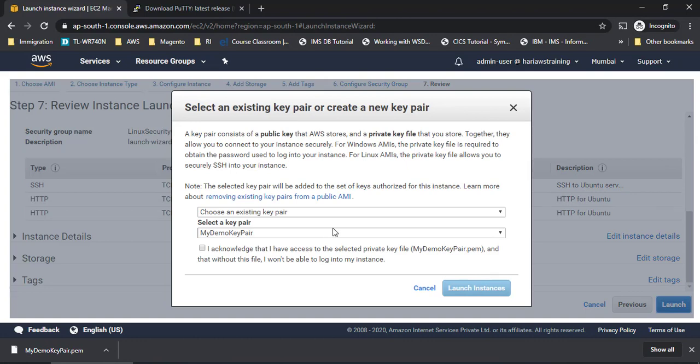Now if you remember, we created a key pair yesterday, and that is what it is asking us for. So you can also choose an existing key pair which we created yesterday or in the last session, right? So I'll select the same my demo key pair, I'll acknowledge this, and then I'll launch it. I have the key pair already generated with a PEM file. I have also converted it to a PPK file using PuttyGen. Now I am ready to go with launching the instance. So I'll click on launch instance now.